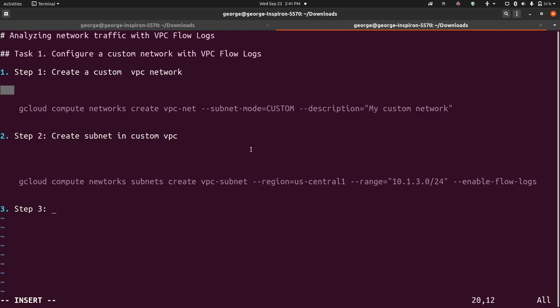Let's create a firewall rule for that. So let's say create a firewall rule. Let's get that. I just want that color to be different. Okay, so that's what it is. So gcloud compute firewall rules creates allow HTTP